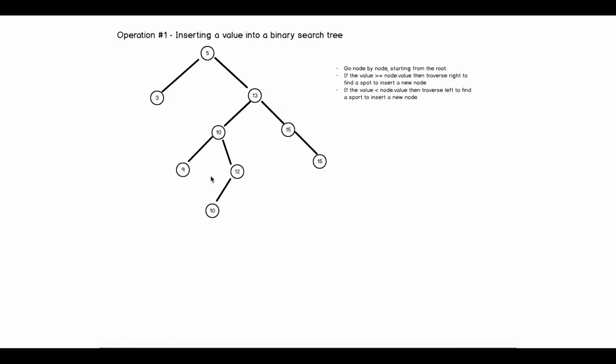So let's start with operation number one, inserting a value into a binary search tree. How would you do that? The way to insert a value into a binary search tree is quite simply accomplished by using the binary search tree property. And the way you do it is you first take the root node, you go node by node,